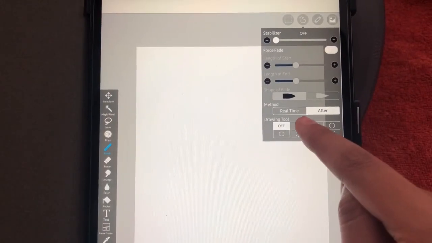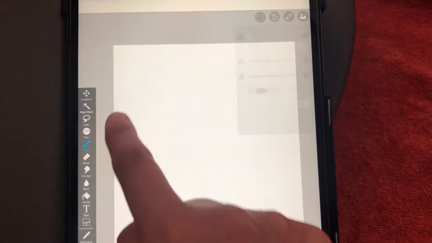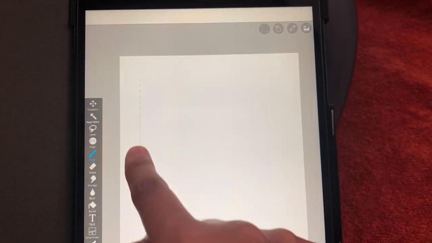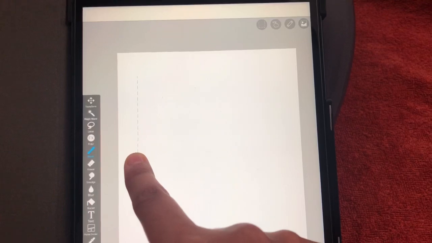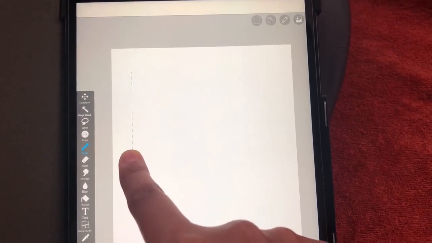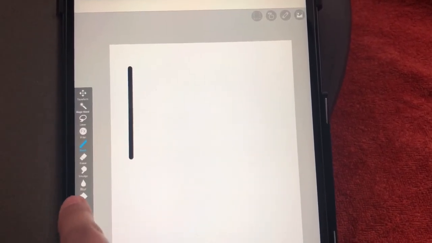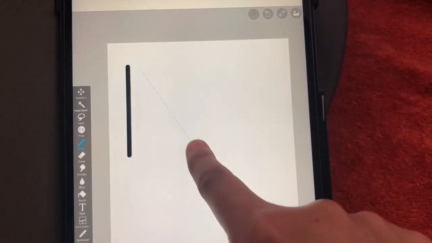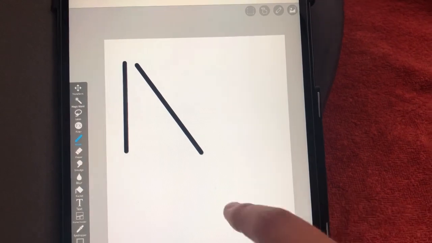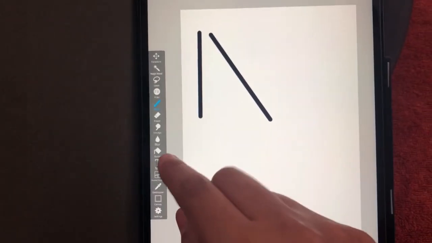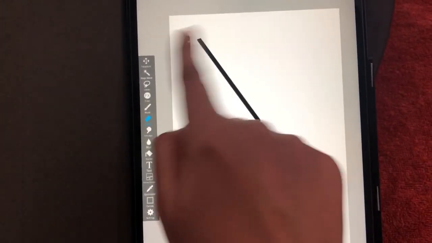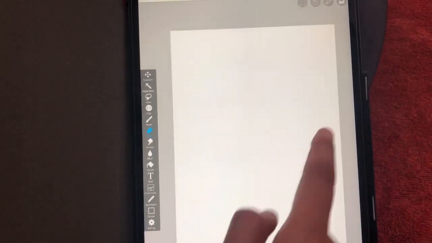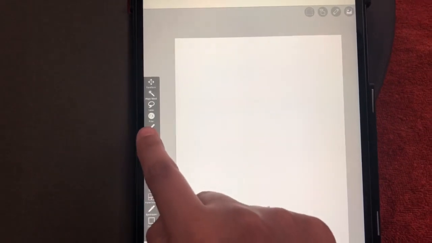Let's choose the line option and scribble on the canvas. All you have to do is just drag on the canvas. You can see two endpoints which will create a straight line. You can also create a slant line by dragging on the canvas diagonally. Here it will create a slant line. I will now use an eraser and clear the canvas. I'll increase the size of the eraser so that the canvas gets cleared in a short amount of time. Okay, back to the brush option.